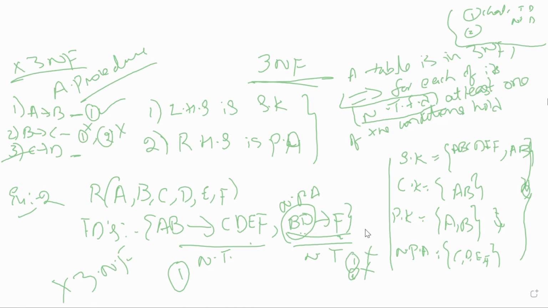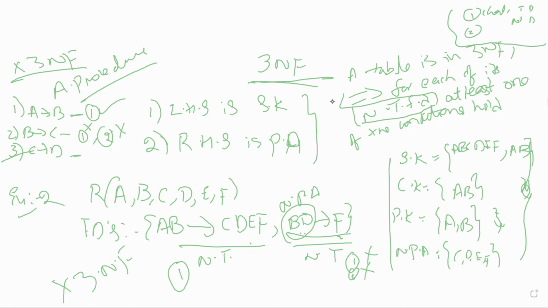The AB transition is a non-trivial transition, ma'am, and it is satisfying this one. Yes, that is what I'm saying. Then it is in 3NF, ma'am. Yes, very good. But the second one does not hold, right? Yes, ma'am, all the FDs should satisfy the conditions. If it satisfies all the conditions, then only it is in 3NF, or only one? No, no, no. We have to check for each FD.